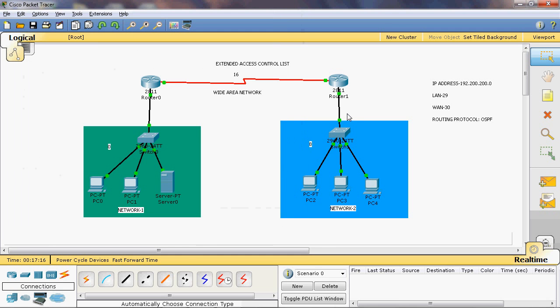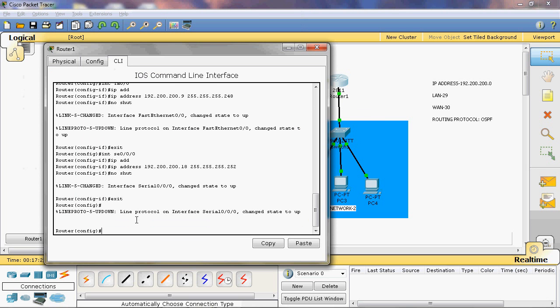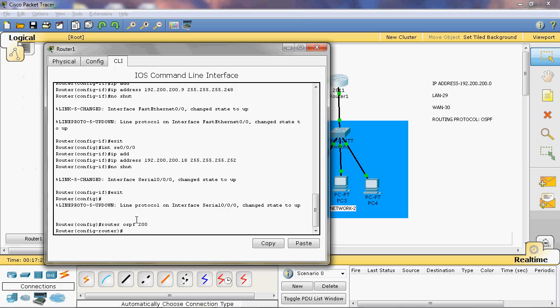Now we can configure the OSPF routing protocol in router 1. Router ospf. Here I will give 200. Then